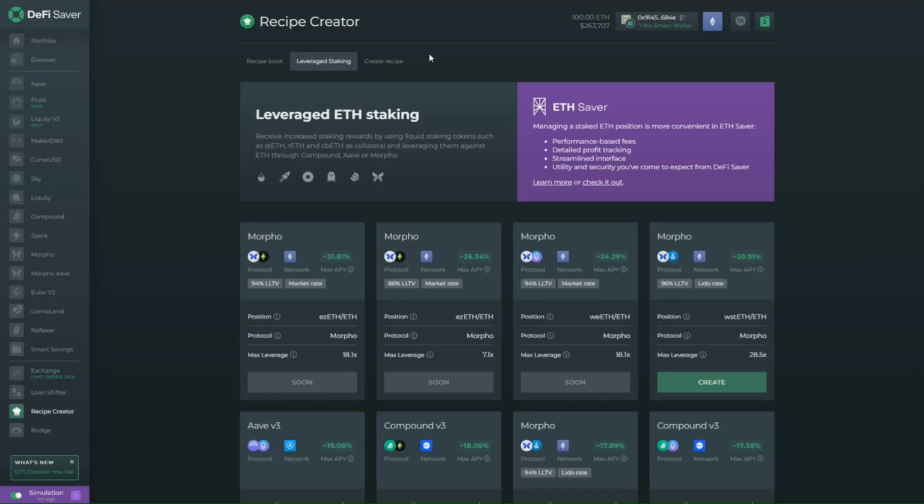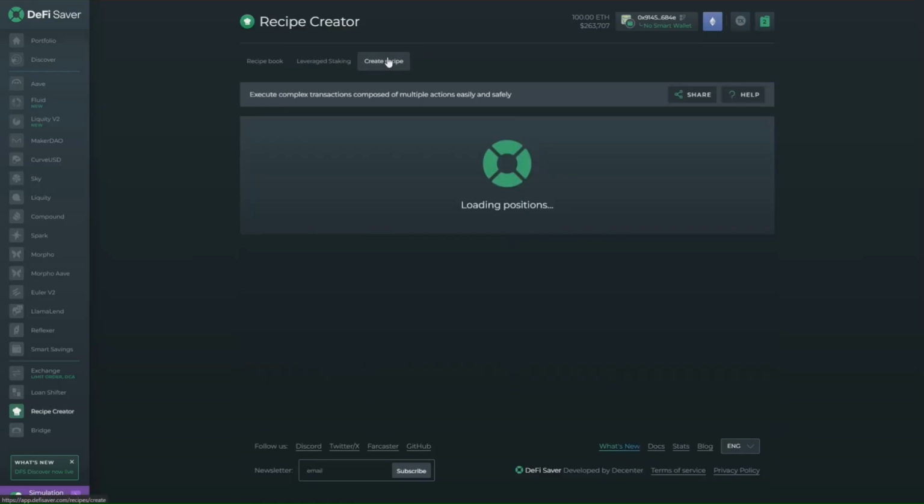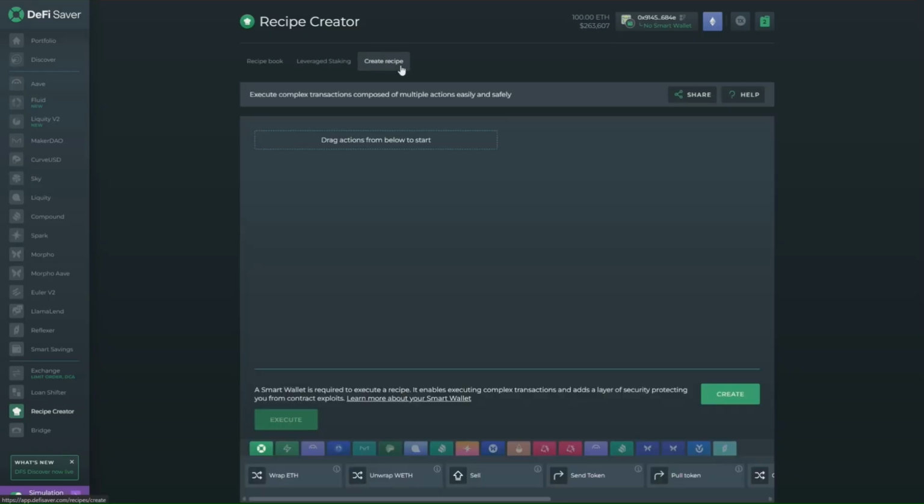But if you visited Recipe Creator with the idea of creating your own recipe, you would click on the Create Recipe tab. From here, you'll have numerous actions to choose from. Let's have a quick overview of the available ones. So, to start off, we have the Utility tab. And these actions allow you to perform some relatively basic steps like sending or selling a token, or even wrapping